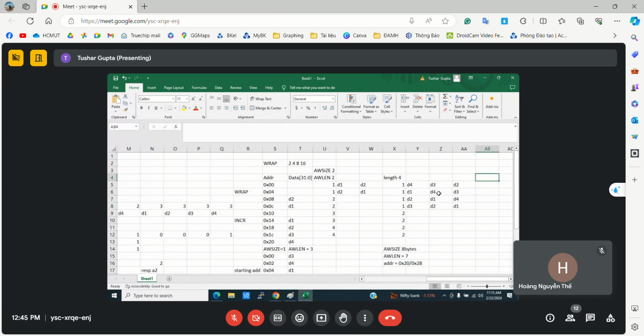In the same way, if we have length as 8, then the first 8 addresses